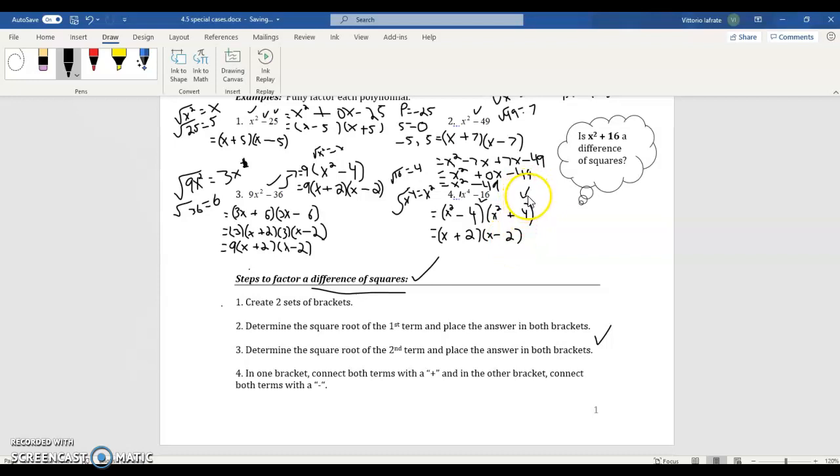This x squared plus 4 here, that's not a difference of squares anymore. Well, why? Well, it's not a difference. So even though x squared and 4 are perfect squares, this is not a difference, so that you cannot factor anymore. You can try all you want. When you see something like that, where you have x squared plus something, you will not be able to factor that anymore, so you leave it as is. So we have x plus 2, x minus 2, x squared plus 4, and that will give us our fully